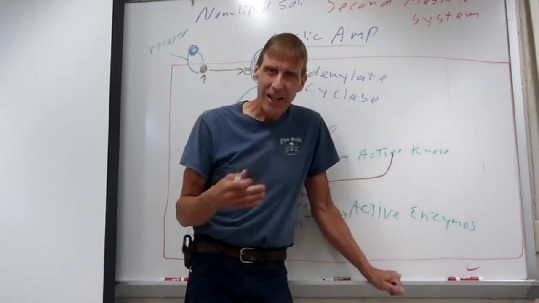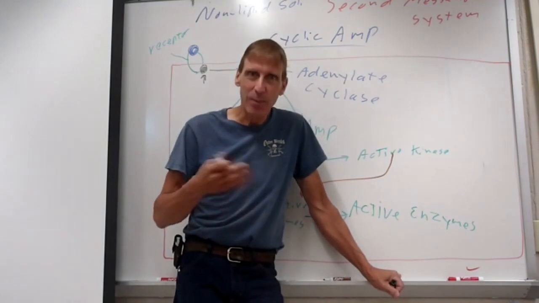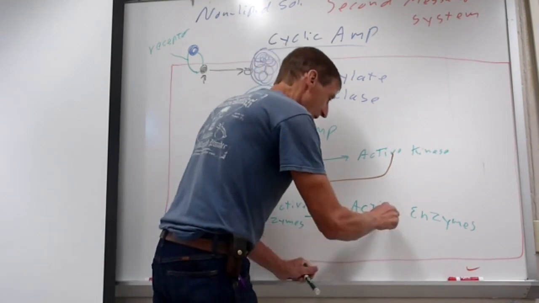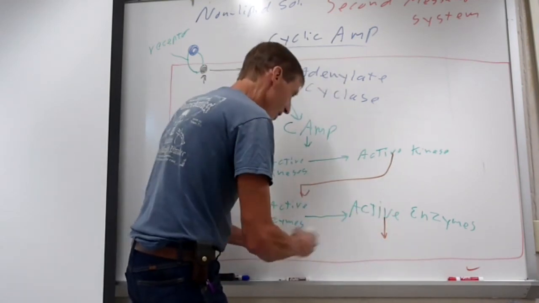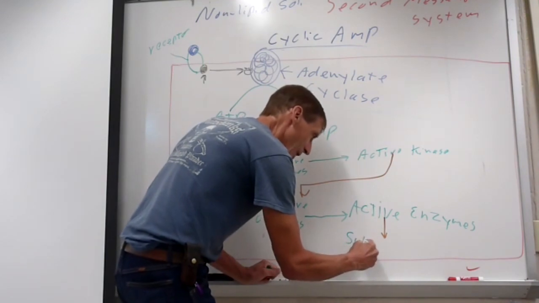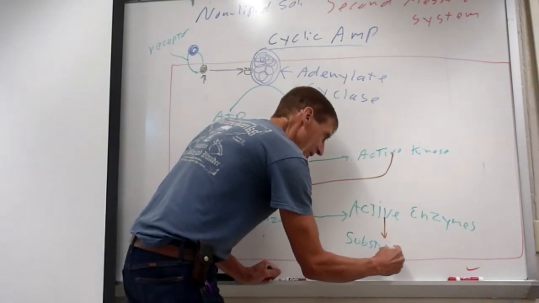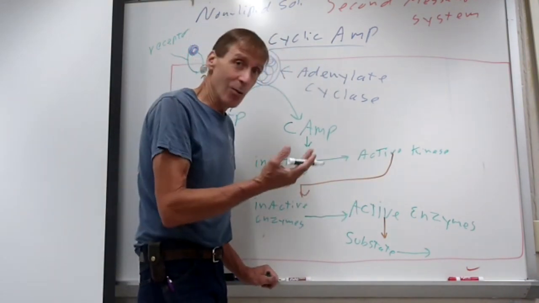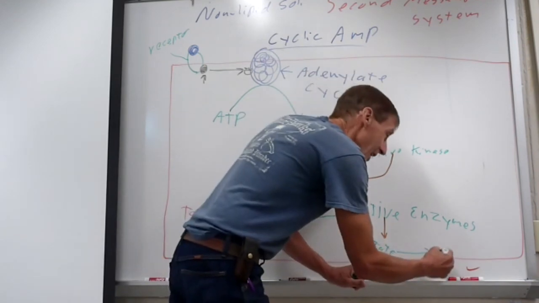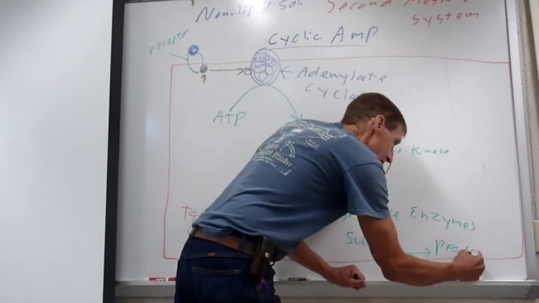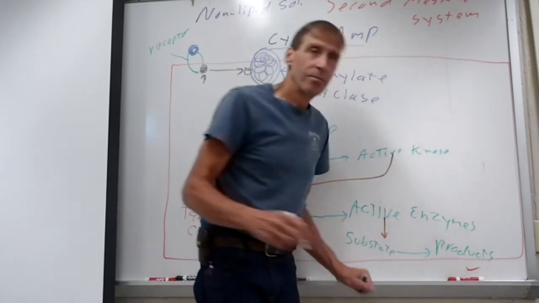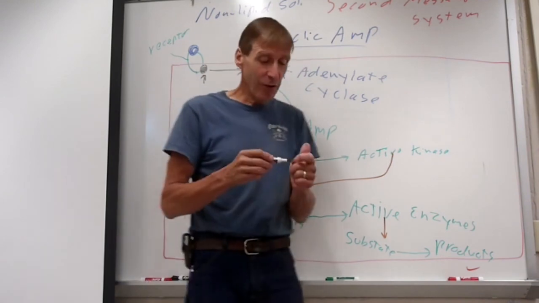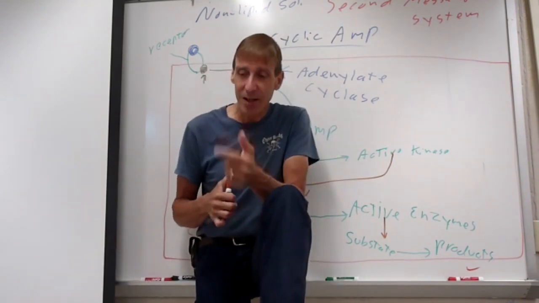You looked at enzymes a little bit last semester, but they catalyze chemical reactions, speed them up, and allow them to occur at lower temperatures. So what's this active enzyme going to do? These active enzymes will take whatever the substrate is. Substrate is just what the enzyme will work on. It could be a variety of things. It depends on the hormone that we're talking about in the target cell. The enzymes take the substrate and turn it into products. Again, look up here or over here, and that'll give you a prettier diagram. But that's the idea. So this is referred to as the cyclic AMP second messenger system.